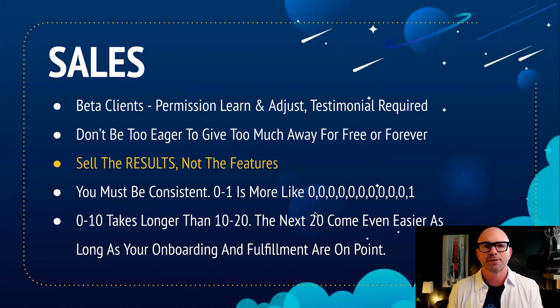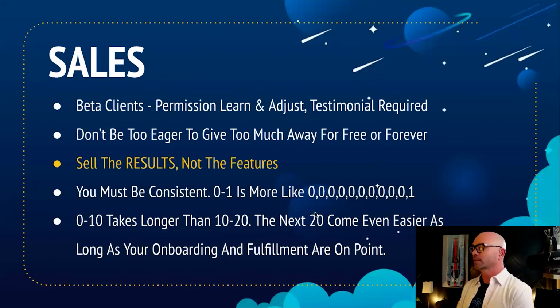Give it to them for like 3 months. Hey, we're going to give it to you at half price for the next 3 months or for the next 6 months or whatever. Time frame it. So that way, when you have a few hundred clients and a client who's only paying you $99 a month wants something, you don't have a bad attitude towards them because they're only paying you something cheap, because you're the person who framed that in the beginning.